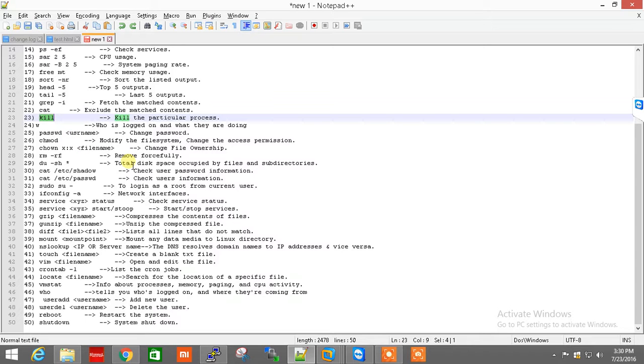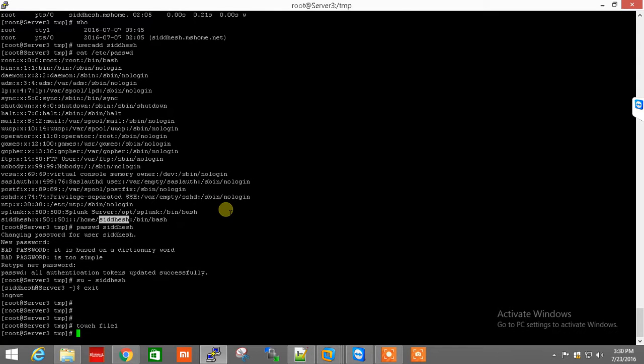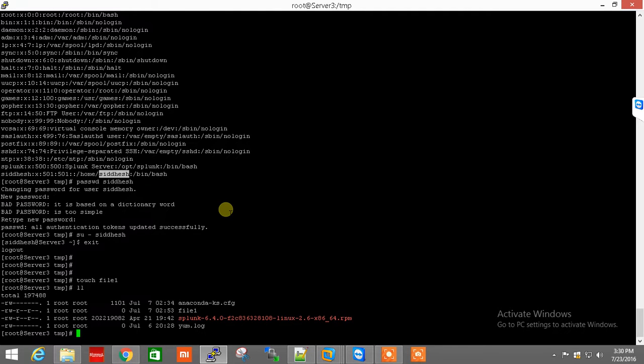Now let's come to the file system permissions that I have told you about. Suppose I am creating a file: touch file1. So now file1 has been created. Now I have to give this file permission, that is chmod.